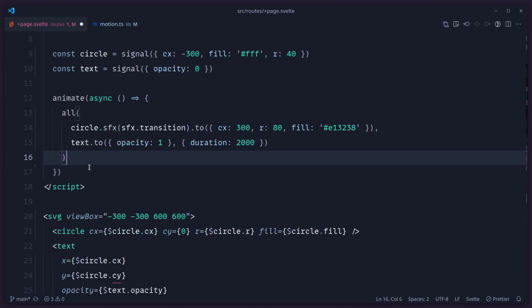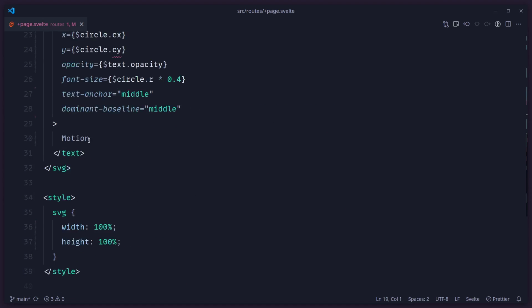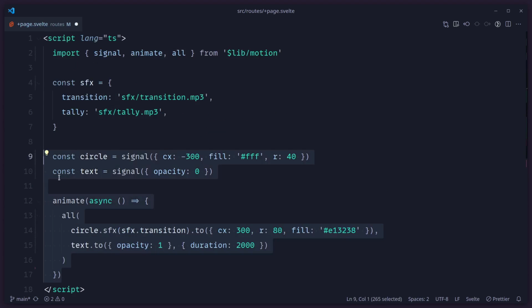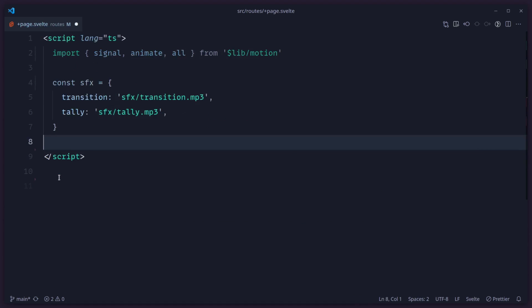Alright, but I'm going to remove this and let's get to the last example. Alright, so we can close our library here and let me just delete everything. So we don't need all of this. So we can now use our library from scratch to recreate the example that I showed you.